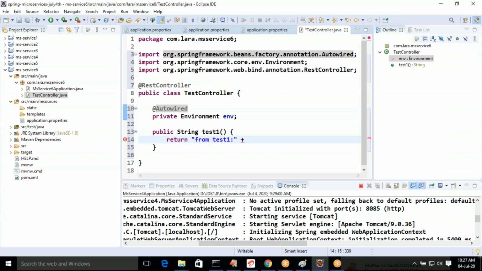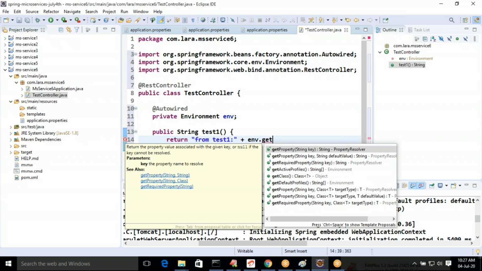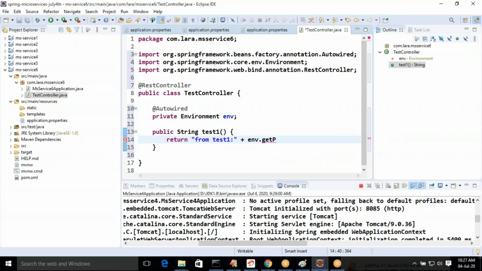Environment env. env.getProperty, specify server.port. Through this, we can easily understand which instance returned the output.